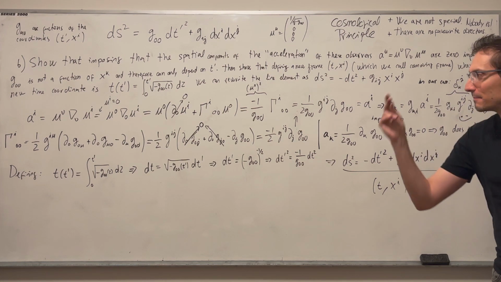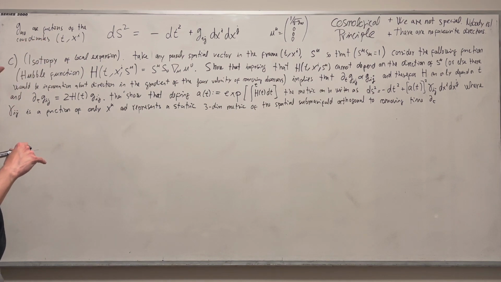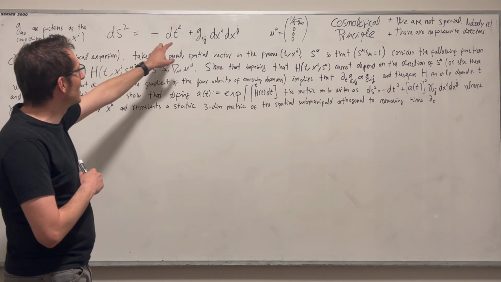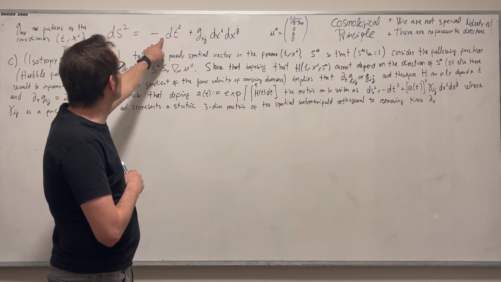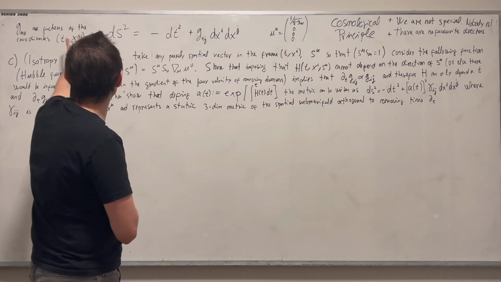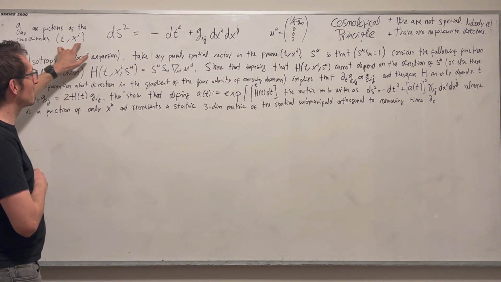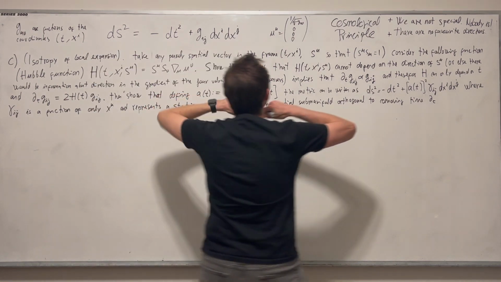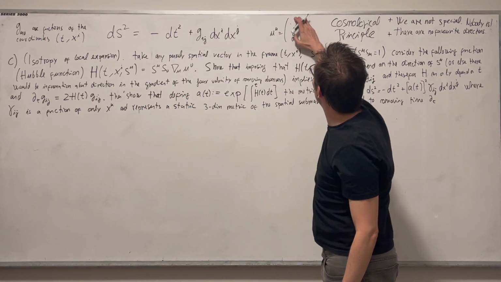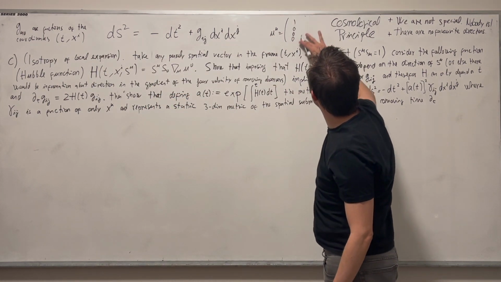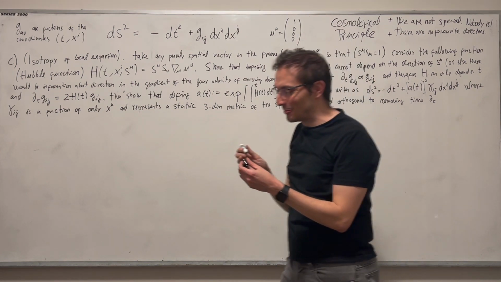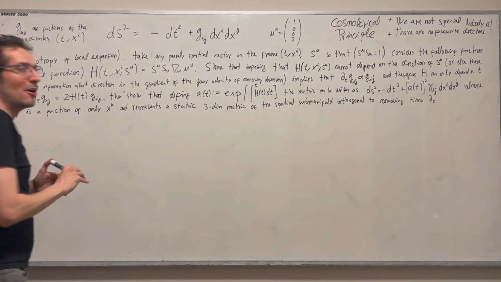Let's get to it. All right, before delving into the next part, let's just realize that now this coefficient is minus 1. The g00 now in this new coordinate system t, x, this comoving coordinates, is minus 1. Which means that the four-velocity has the very familiar form (1, 0, 0, 0), which is pretty cool. All right, now let's impose